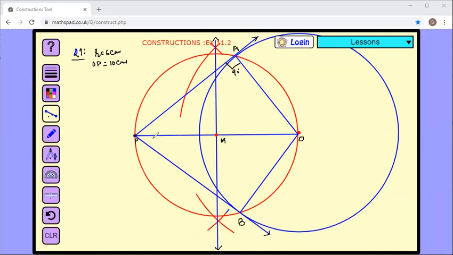Same here, this is the diameter, so therefore this angle is the angle in semicircle for the red circle, and therefore this angle is equal to 90 degree. But for the bigger circle, blue one, this OB is the radius, and it is making an angle of 90 degree with this line PB. So radius, if making an angle of 90 degree with any line, then that means that line is tangent to the circle. With this concept, I'll end this construction for today, children.